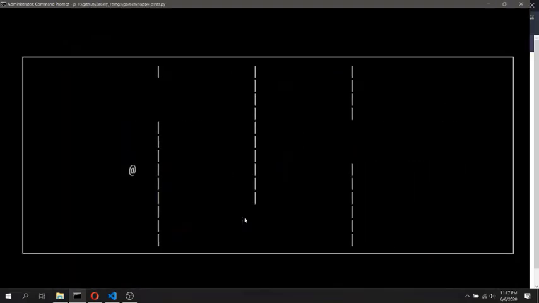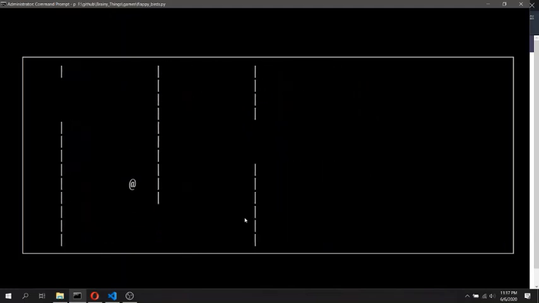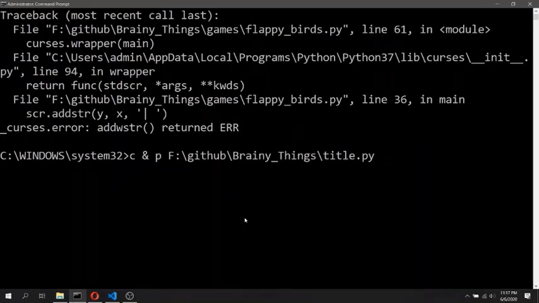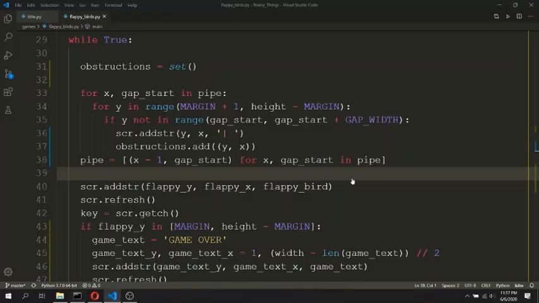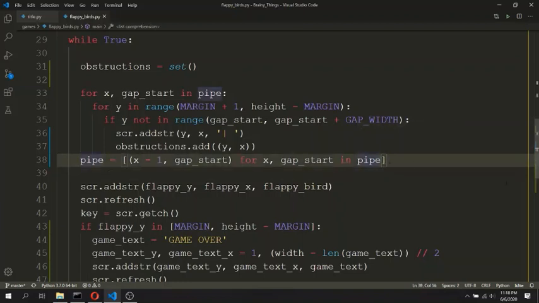As you can see, the pipes are moving towards the Flappy Bird, but the pipes are crossing the left margin and going outside the screen. So we need to check the margin condition while we are updating this X value.